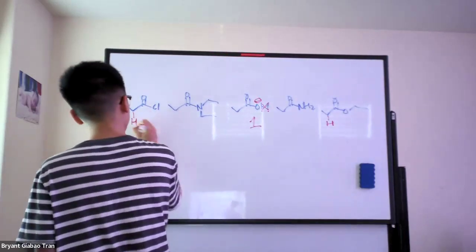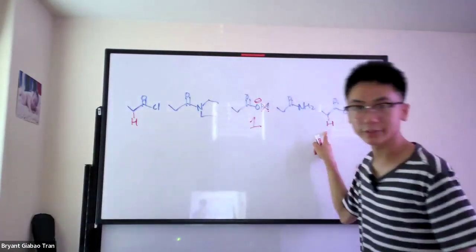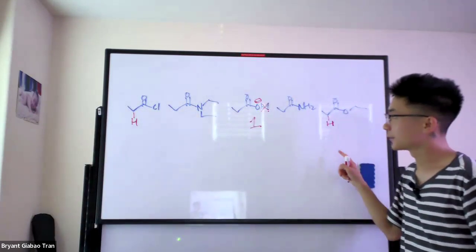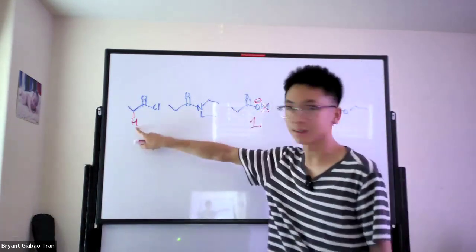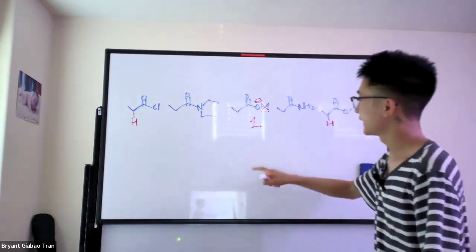Wait, hold up. No, it's the acid chloride. Yeah, the acid chloride alpha hydrogen is more acidic than the alpha hydrogen of the ester, right? But there is something more acidic than this alpha hydrogen here, right? You notice how